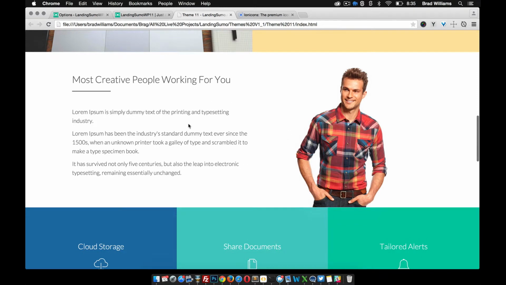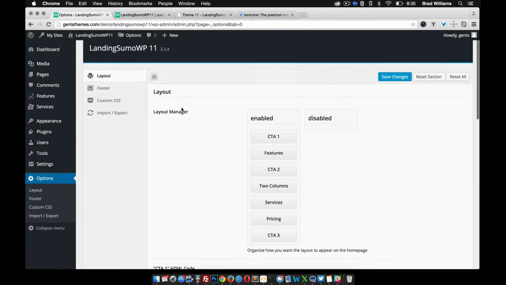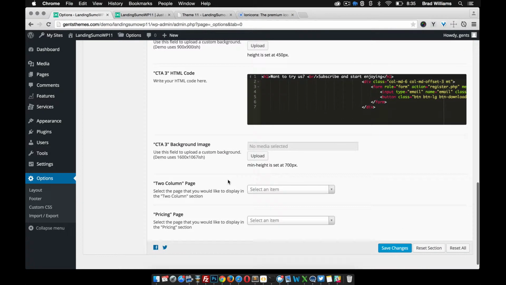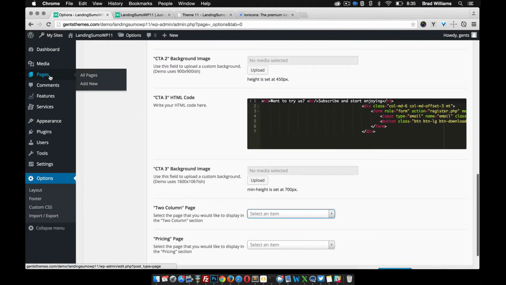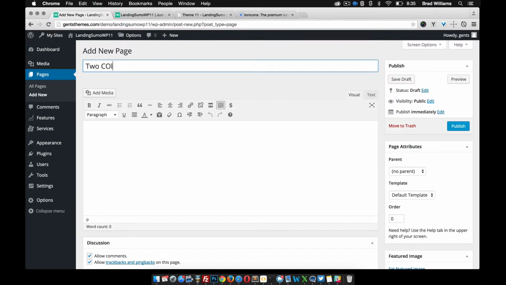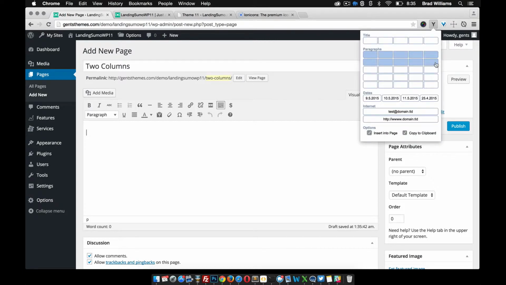The next section here, we have this guy with some content, and that would be the 2 columns. So if you scroll down here, you'll notice that we have this 2-column drop down area. What we need to do is create a page for that. Add new, let's name it 2 columns, put some content in here,